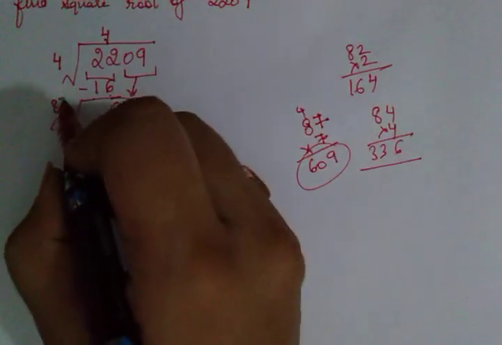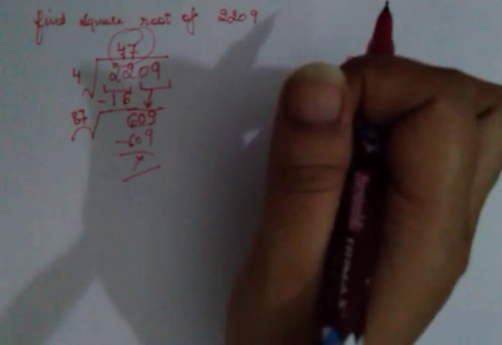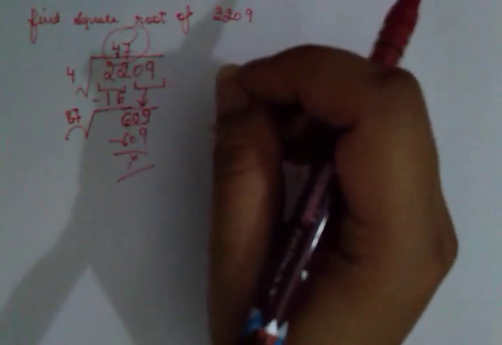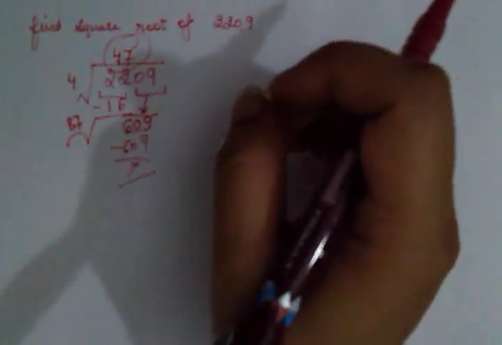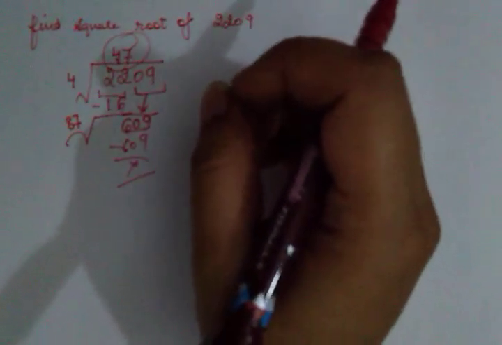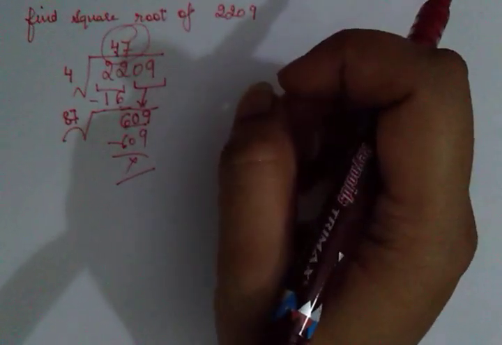So that means I have to attach 7 here, 7 on the top. Gives me 609 and it's finished. So my answer is 47. I hope students now you can perform at least in the square root questions, and rest of the questions I am going to take in the next class. Practice a lot of questions so that you can become very clear with the concept.